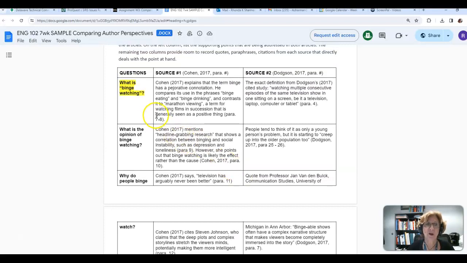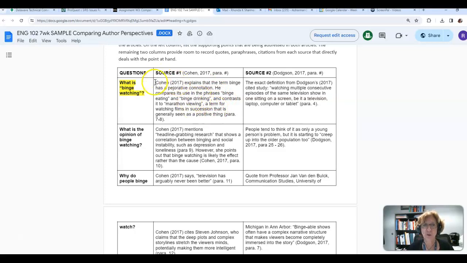What you need to find are 3 questions that have information from both of your articles. And even if an article is pro an issue, they may very well have the con or the disadvantages as well. So look thoroughly, because you may find more common ground than you may at first suspect. So for each question, you're going to go through the articles and pull out information that's relevant to that question.